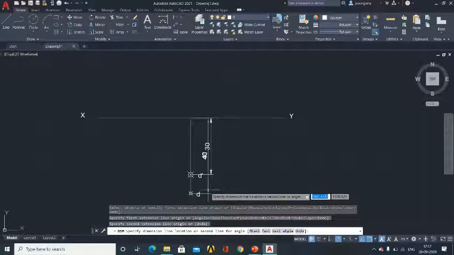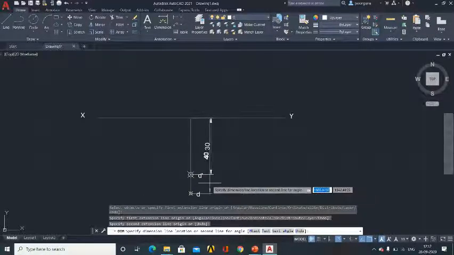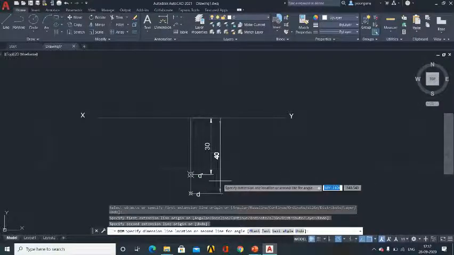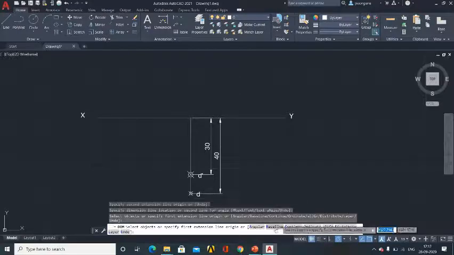So if we keep it here, this will be of no use. You cannot see the proper dimensioning. Either you can place it here or here, whichever is convenient. Please don't keep the 40 mm inside the 30 mm, make sufficient gap such that it is visible properly. So this is how you need to do the dimensioning. So this is all about the projection of point D, which is located in fourth quadrant, drawn using AutoCAD.